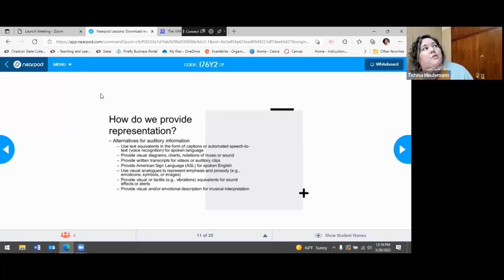Alternatives for auditory. So we know that some people can't hear, but also some people aren't auditory learners. So making sure that we use a text equivalent. So captioning our videos, providing notes for students who have an auditory issue,